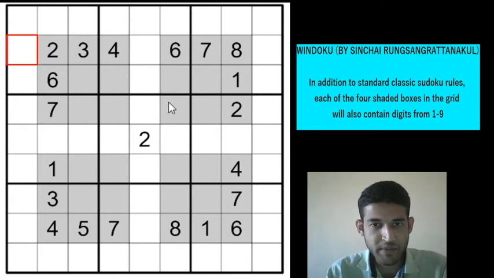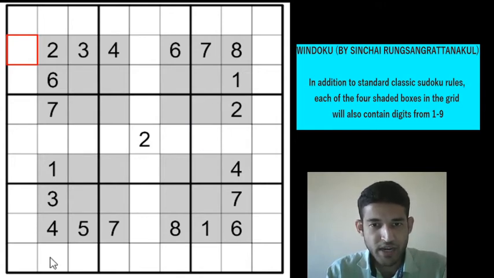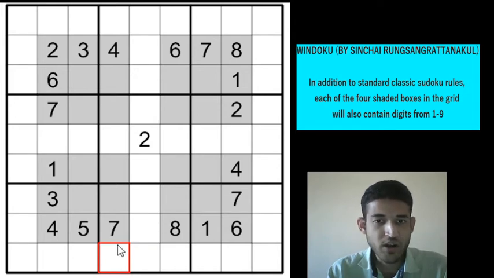And before we start making pencil marks, there are some tricks in a Windoku which you have to use to complete the grid. So what are those tricks? Let's take columns 2, 3 and 4. Now in any Sudoku, each row, each column and each box will have the digits 1 to 9, right? So if you consider columns 2, 3, 4 as a whole, there is one box which contains 1 to 9, another box which contains 1 to 9. The remaining cells which are not present in those boxes should also contain another set of digits from 1 to 9 to tally the total number of digits of 1 to 9 in those 3 columns, right?